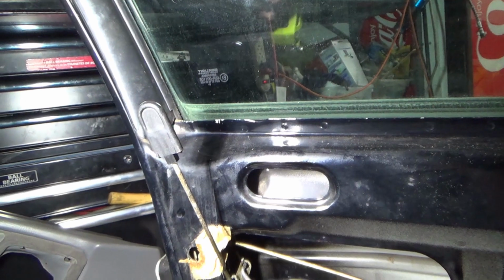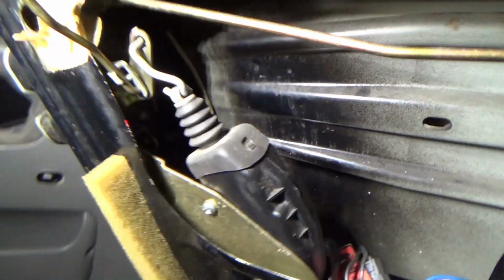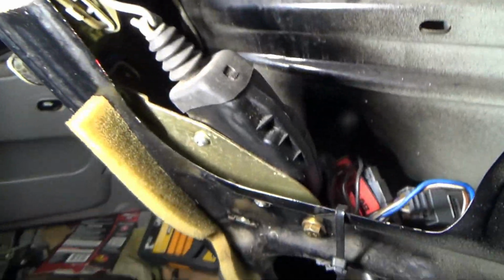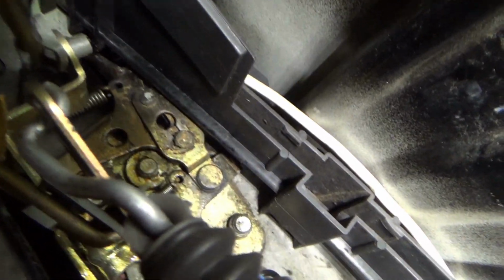Here we have the left-hand door on the SAAB 9000. In the US it's driver's side. There is the lock post that goes through the door card, and your locking and unlocking is controlled by that actuator. And if you look, see if I can get the light back there. If you look back there,